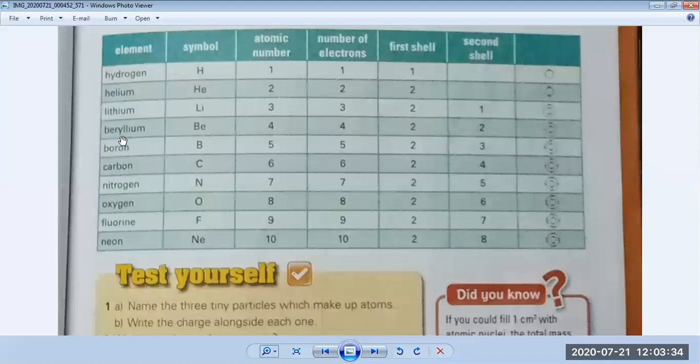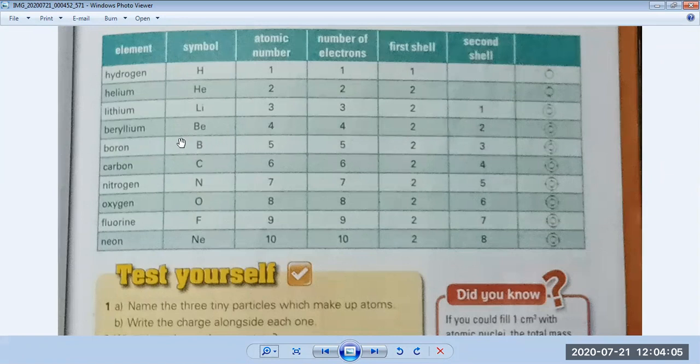Then we come to beryllium. Okay, beryllium has the symbol B and e. If you see the periodic table, its atomic number is 4. So atomic number means in the center of the nucleus, it has 4 protons, and the number of electrons should be the same. If you see the table, you can see atomic numbers and electron numbers. They are always the same. Okay. Then in the first shell, 2 electrons will come. Who will be left? They will go to the second shell.